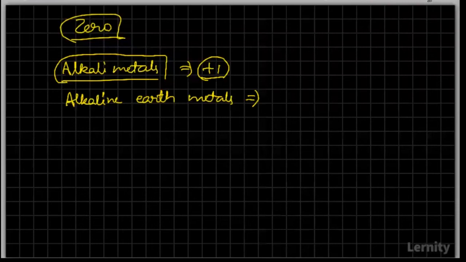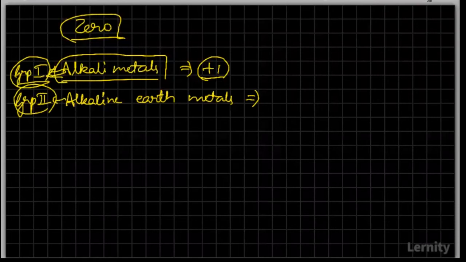Okay. Listen here. This is group 1, and these are group 2 elements. Okay, so your doubt is what is the difference here? Group 1 elements are commonly known as alkali metals. If you take any of the alkali metals, let it be sodium or potassium, in water, the hydroxide which is formed is alkali, so it has an alkaline nature. Similarly, group 2 elements, if taken in water, are also found to be alkaline.